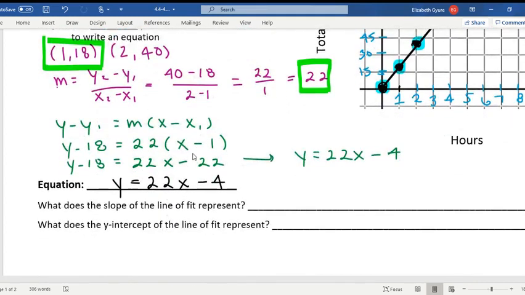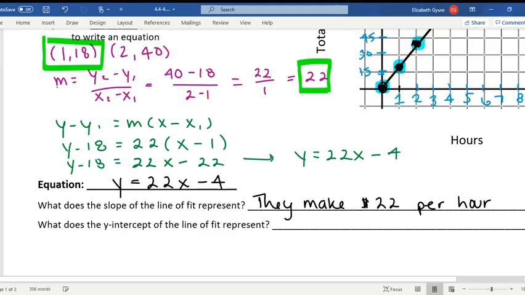So what does the slope mean? Well, the slope here is 22. That means they make $22 per hour. Doesn't per mean multiply? And are you multiplying the 22? Yeah. And then what does the y-intercept represent? Well, that's her starting pay, right? I know it wouldn't actually be negative. Again, this is an estimate. How we're going to write that